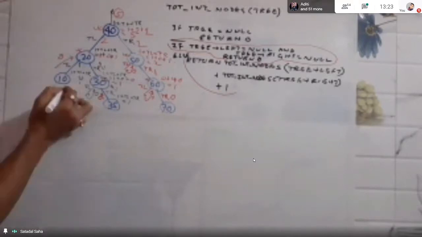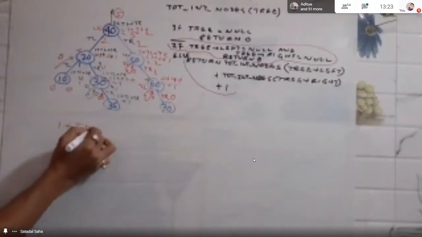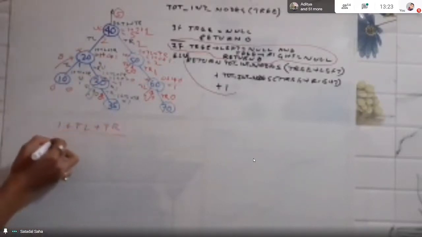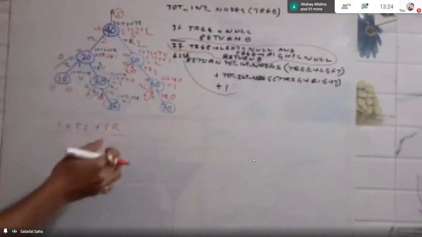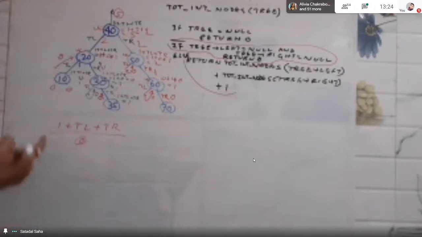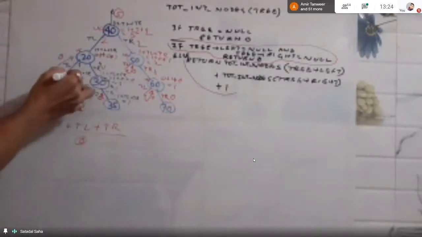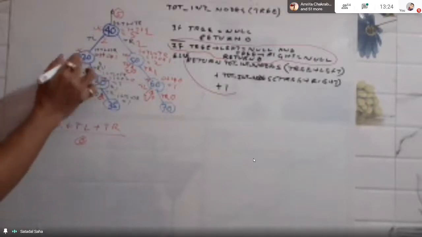Leaf nodes have value 0 কিন্তু নিজের ভ্যালুটা 1 করে রিটার্ন করছে because the common execution line is 1 plus TL plus TR. But in this case, this line will not be executed for leaf nodes. Other node এর ক্ষেত্রে ঠিক আছে, but for leaf node it will return simply 0. তো 0 যেহেতু এগুলো রিটার্ন করছে ন্যাচারালি ওর নিজের কাউন্টটাই শুধু যাবে আর কিছু যাবে না, মানে এখান থেকে 0 চলে যাবে।